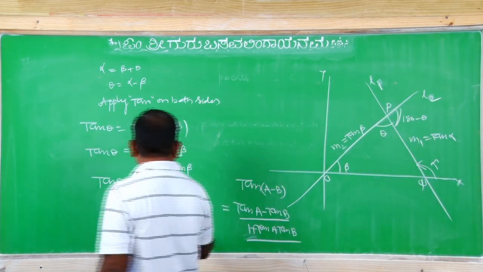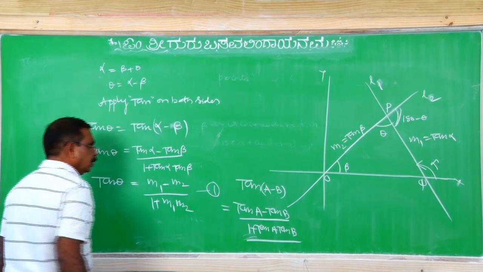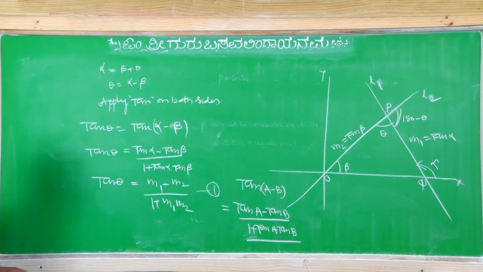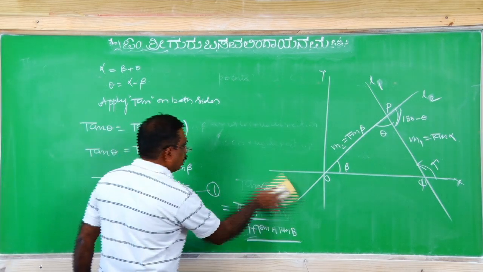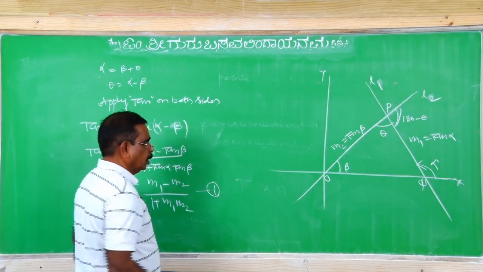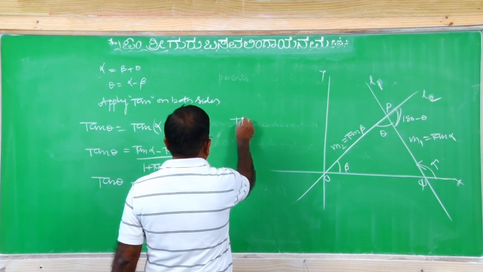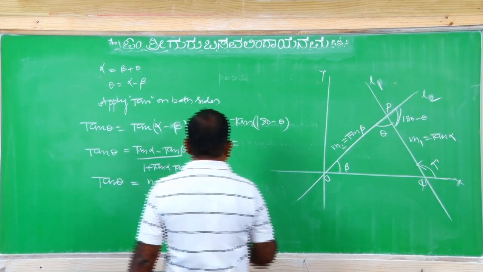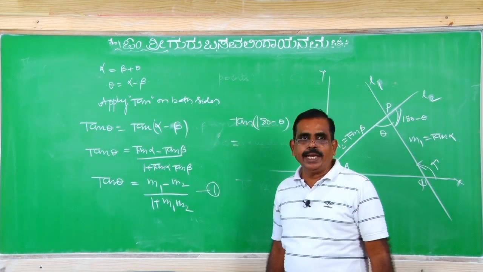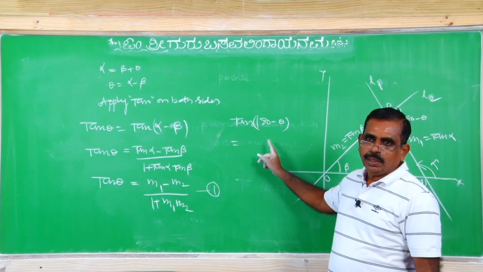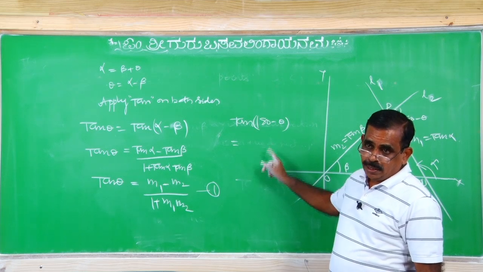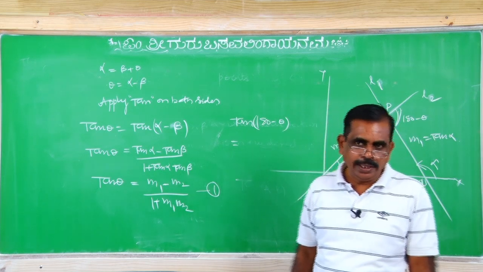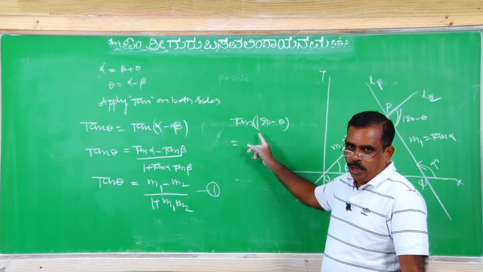This is one condition. You can write. Second condition we want to do. Only simple step. Not this much, not necessary. See this one. Tan 180 minus theta is how much? I am asking. Tan 180 minus theta. How much? For 180 degrees, tan changes or doesn't change? Doesn't change. For 180 degrees, tan only.